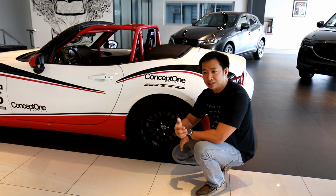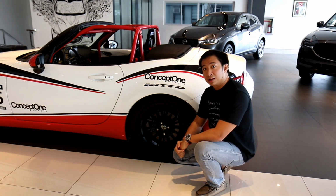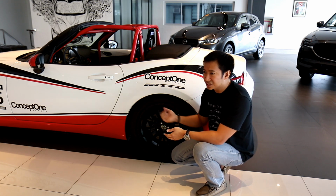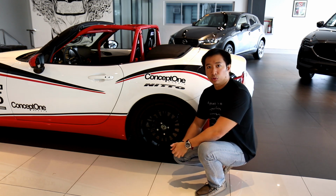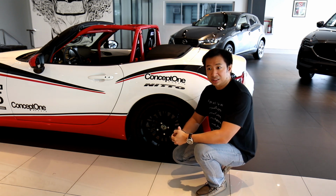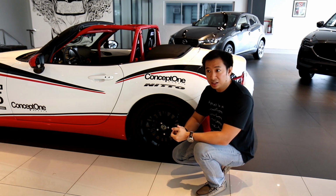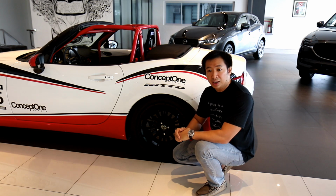And when I say stock, these are not the stock Brembo brakes found in the Miata Club spec in the US. Instead, these are your regular Mazda brake pads and rotors. So the drivers who will participate in this Miata Spec race series should modulate on their brakes very well. They should take good care that it doesn't heat up prematurely, else it might just cost them the win in